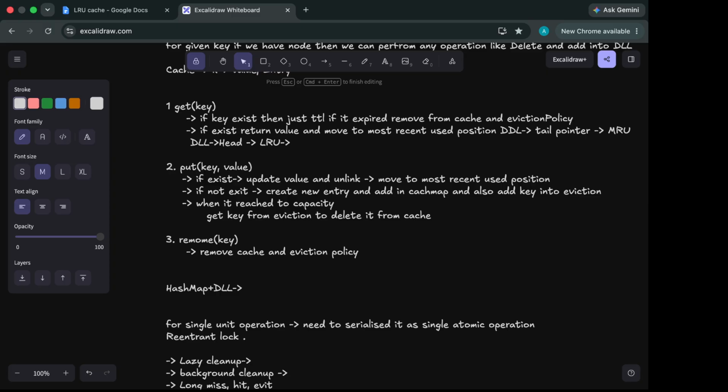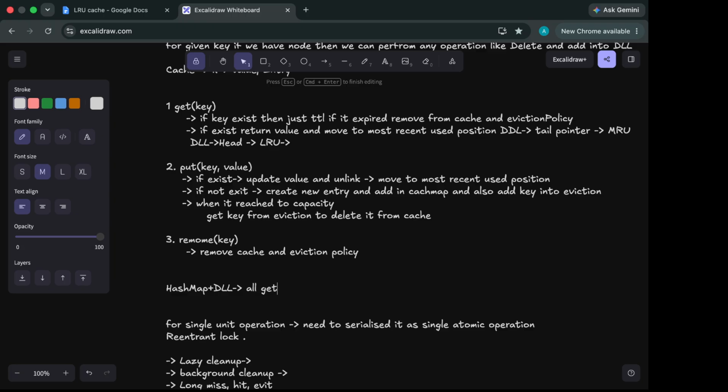So we need to touch two data structures. For thread safety, I will use a global ReentrantLock, which will ensure this series of operations is a single atomic operation. Okay,